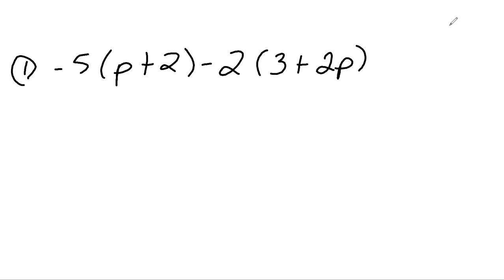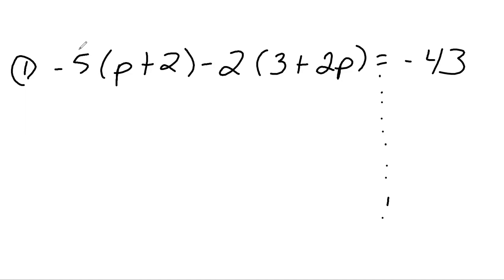-5 times p plus 2 minus 2 times 3 plus 2p equals -43. Okay, so the first thing I'm going to do is go to the equal sign and draw a dotted line right here to balance it out so I can stay organized. And right now I'm going to go through, and whenever I have a number outside a parentheses like this,